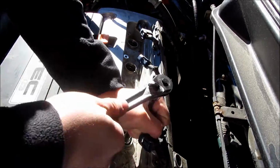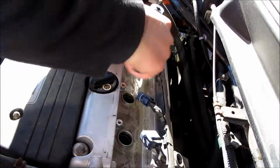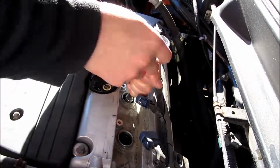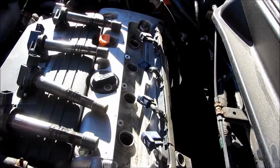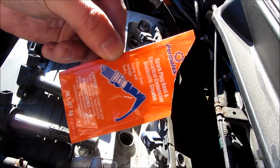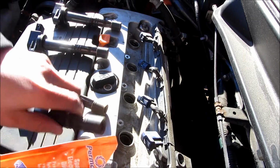So once again, I am just simply tightening these as consistently as I can, one at a time. And I really do wish I had a torque wrench. I probably over-torqued these about 30-40 pounds. So the next thing I'm going to do here is putting the dielectric paste or grease